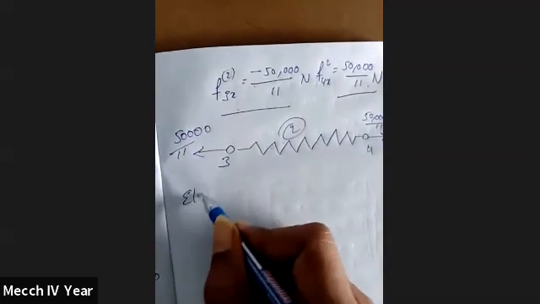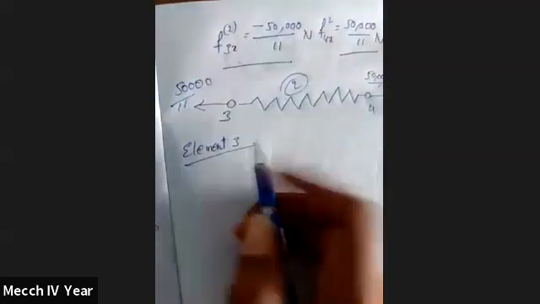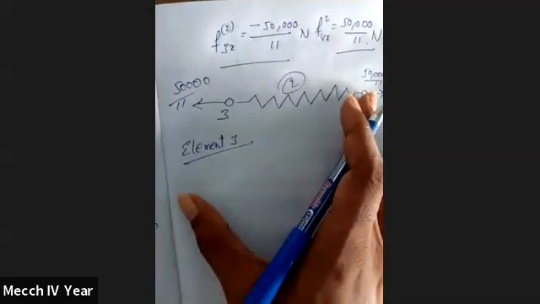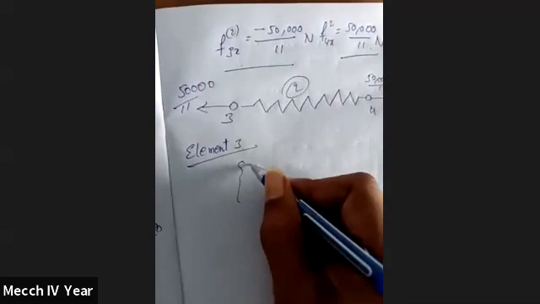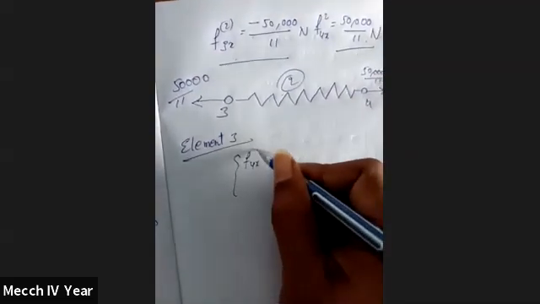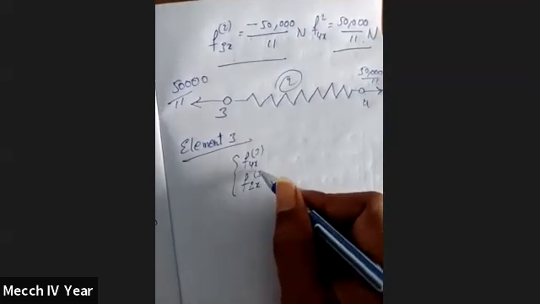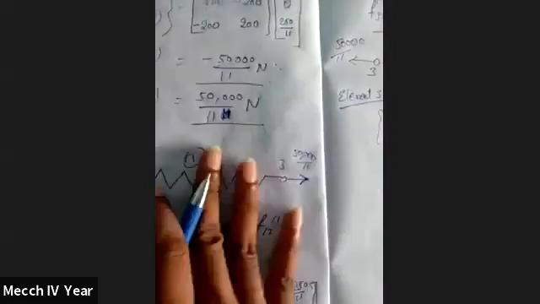Now I am going to take element 3. In element 3 also, we will find whether it is the same or not. Mostly it will be in equilibrium. Now I will check it mathematically. 4x, 3, and 2x, the third element. Now which equation are we going to take? See the picture. This is the third element.